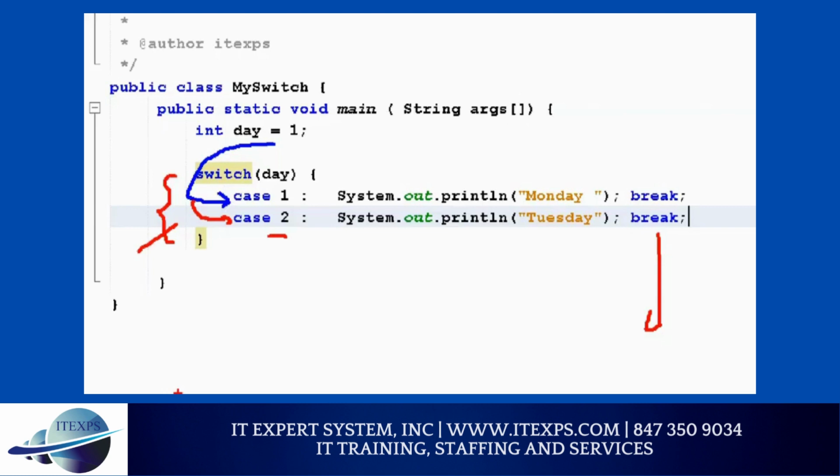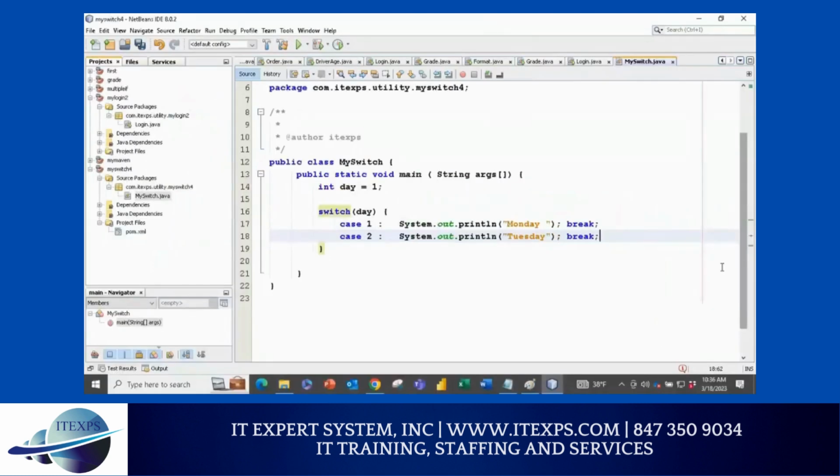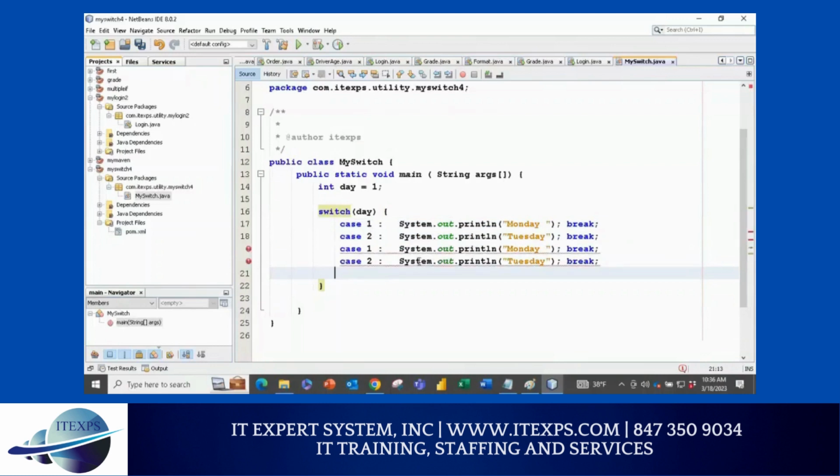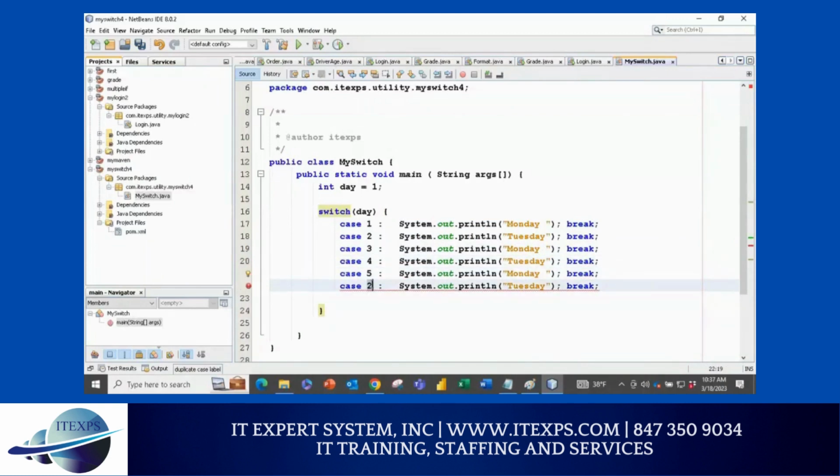Make sense? Now, let's say I can repeat that for case 3, case 4, case 5. I'm not going to do all, but let's say I'm going to copy this thing because I can save my time. Please see on the screen, because one thing I can tell you, if you're using a computer, learn how to copy paste, because you can save so much time. Yes or no? That's a very important thing. I'm going to copy and repeat that quickly, because I don't have to do 3, then 4, then 5 and 6. How many days do we have? 7, right? So we'll use 7 and I'm removing the last one,